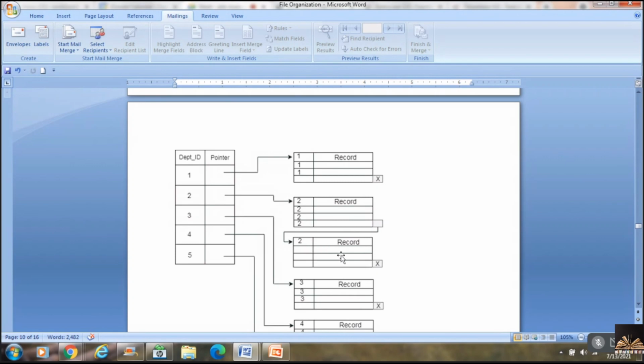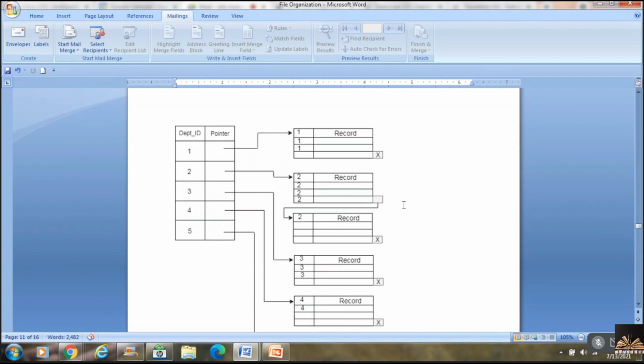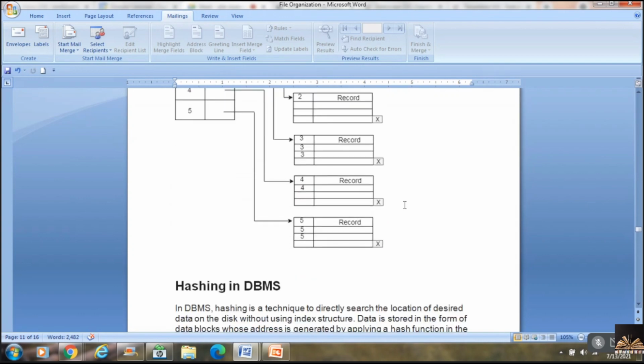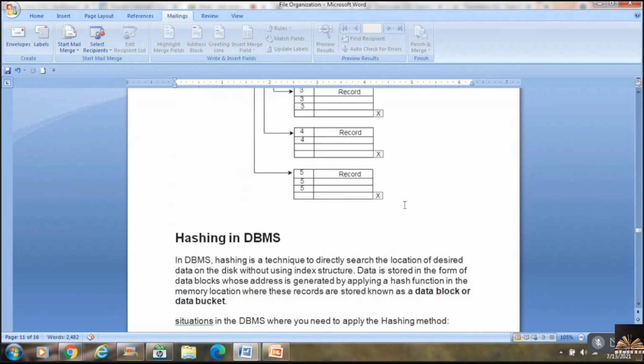After this I do not have any more, so I'm putting X here. If I want the details of the employees who work in department number 2, I can go to department ID 2, which will point me to a block of memory. There I'm directly working with the records. In the previous case it was not the record here; now I'm directly working with the record. So this is the concept of clustered indexing.